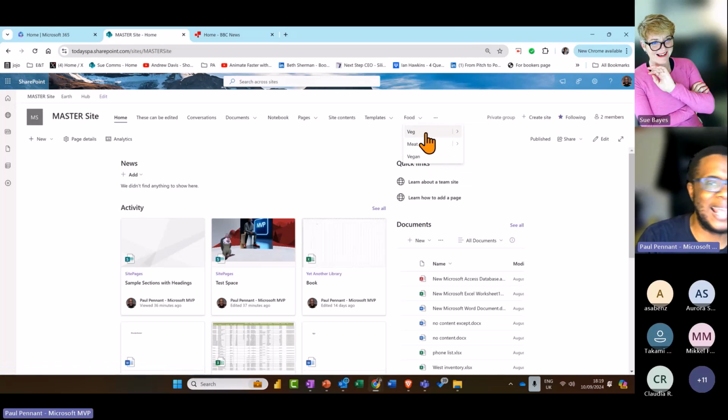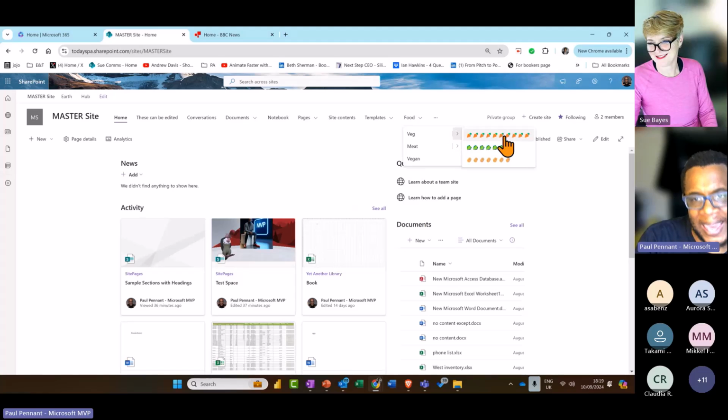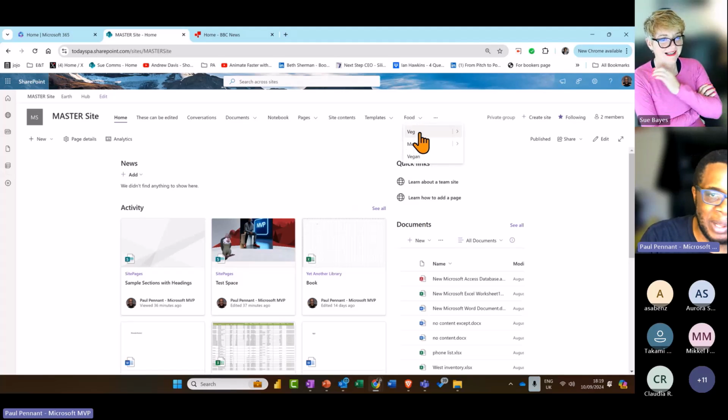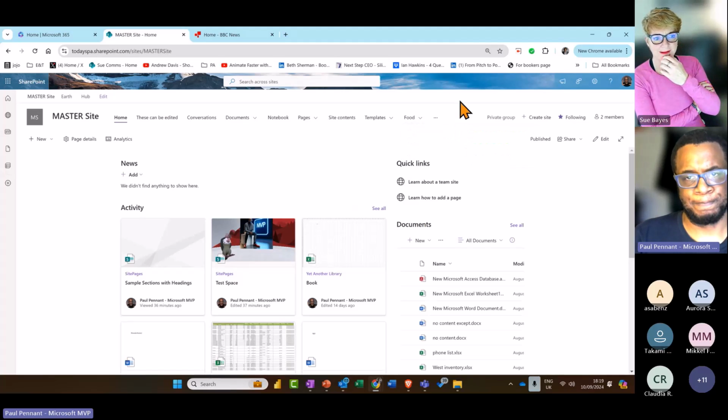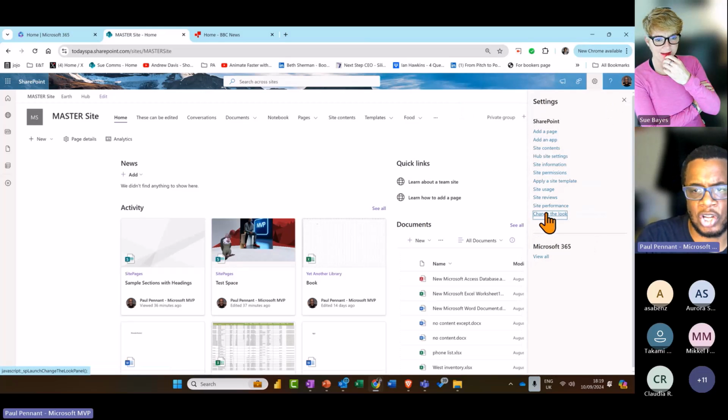I put them in as labels for the moment because I haven't created all of these pages yet. But I just wanted to see what you can do, how it would work. I literally will need to create pages for this. So you can use labels or pages or a combination of two, because I don't have a page for veg. So I just have a label, then it will take me to all my pages. So when I go back to change the look,